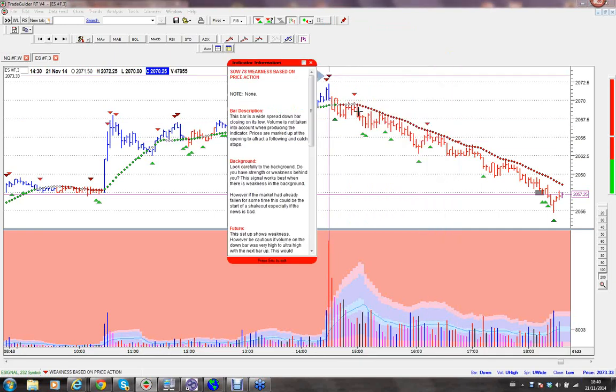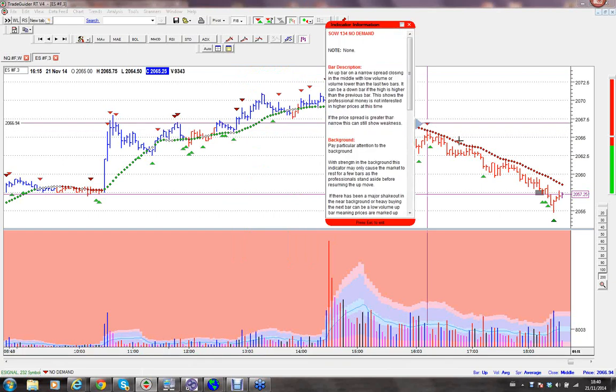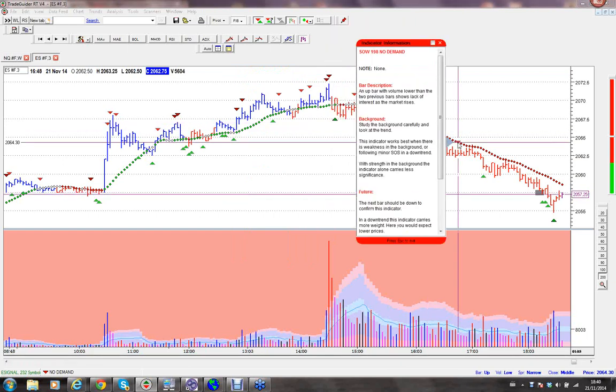Okay, here they are. Diamonds are red, bars are red. That's proprietary to TradeGuider. We're trending down. We've gone up, and the trade alert I sent was look for low volume up bars. Well, come on, there they are on the 3-minute chart. You can't argue with the facts, and no one can. That's what I love about VSA. It's either there or it's not.